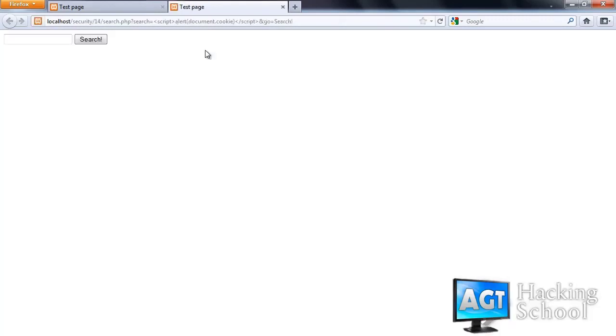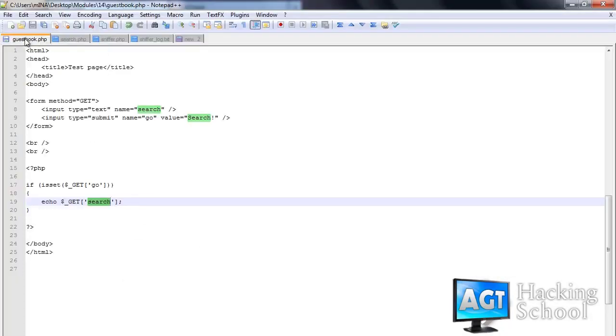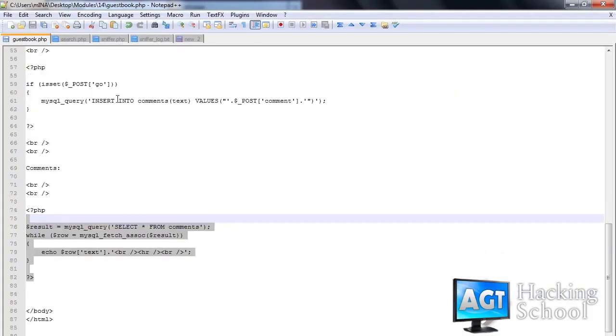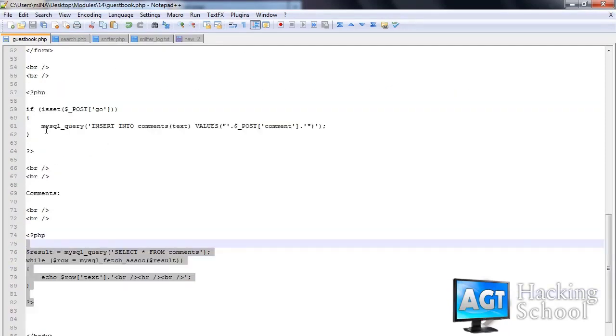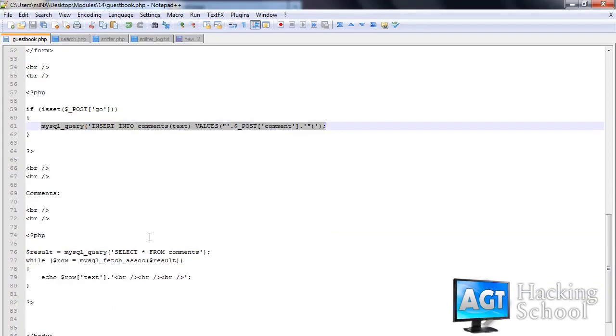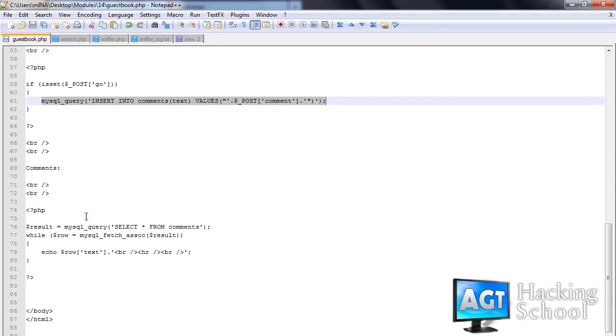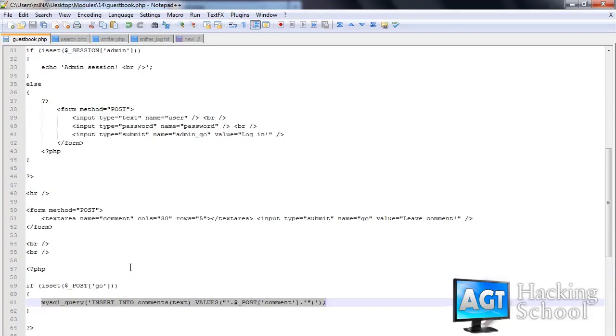Let's now move to another type of XSS vulnerability, stored XSS. You can see here a simple guestbook script. Comments are passed to the script via POST and then saved in a database. All comments will next be retrieved from the database and displayed. As you can see, since the script doesn't validate input either, we can expect that it will also be vulnerable to HTML code injection. Since the malicious code will be saved in a database, this would be an instance of